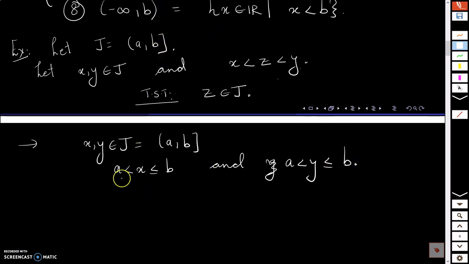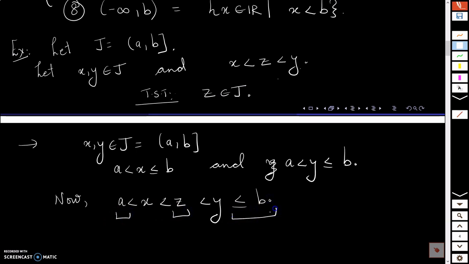So I will start with this. Now we have a is strictly less than x, and x is strictly less than z, and z is strictly less than y, and y is less than or equal to b. So if I look at the first and last parts, what we have is a is less than z and z is less than or equal to b. This implies z is also coming in J. So if you take any 2 points in J, x and y, and a point z in between x and y, then z will also come in J. Okay,